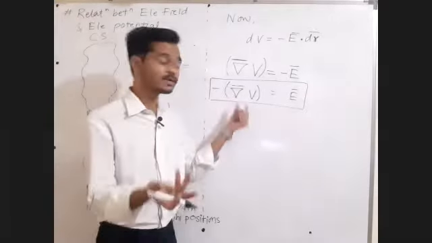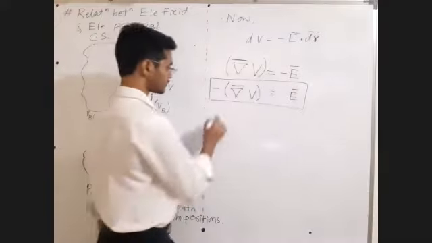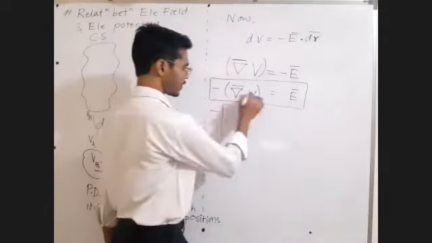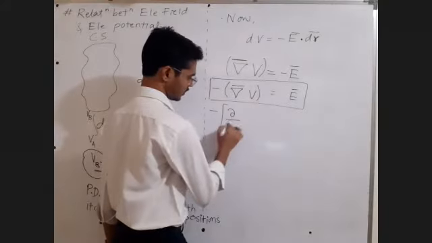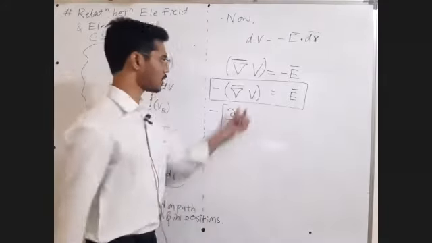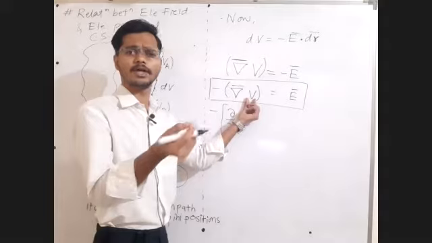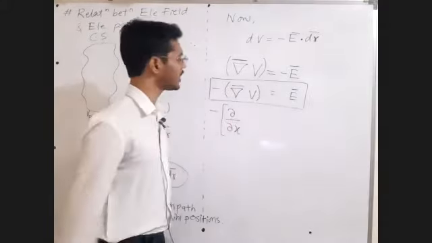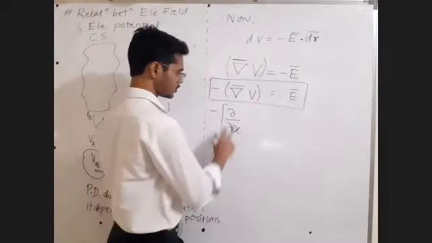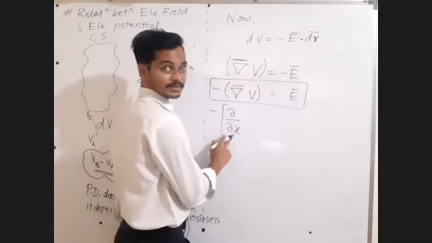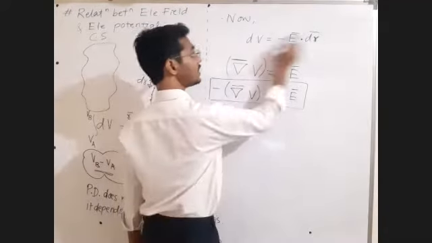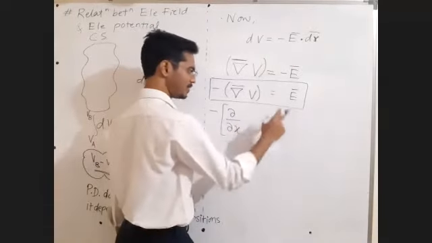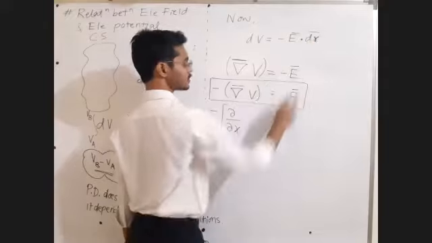Sir, what is this gradient? How to calculate it? Wait, it's a partial derivative, meaning derivative with respect to x. Now the potential at a given point will be a function of x, y and z. The partial derivative concept we have already discussed, and we will discuss that once again. So it is dou by dou x, not d by dx. It's not dV by dr directly. It's dou V by dou x, dou V by dou y, dou V by dou z. It's a three-dimensional displacement.